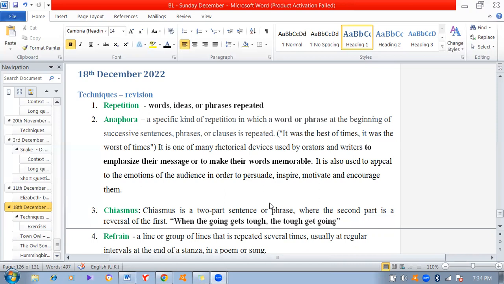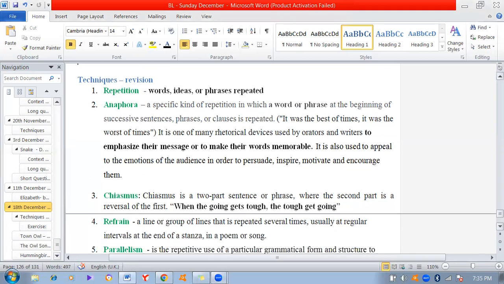So that is an example of chiasmus, right? Where you have two parts in a sentence. The second part is the reversal of the first one, right? Then the next one is refrain. That is very easy to